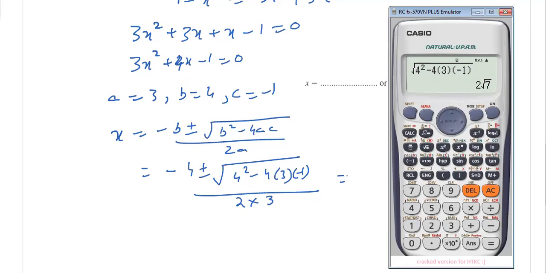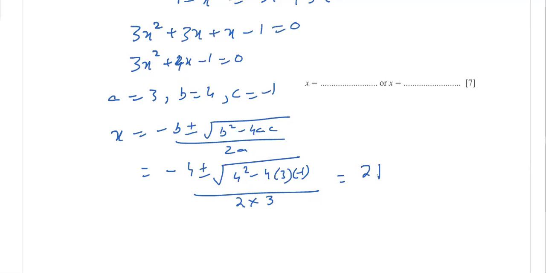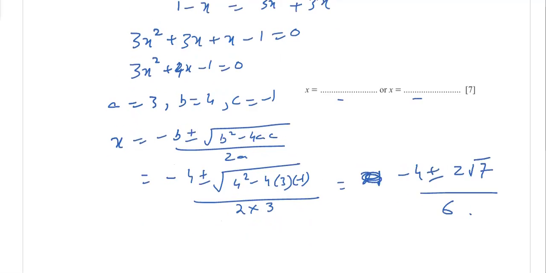It's 2 square root 7. So 2, it will be minus 4 plus minus 2 square root of 7 over 6. So you can convert these values into decimal and write here. That will be pretty simple. After the calculation you can. All right. Now next,